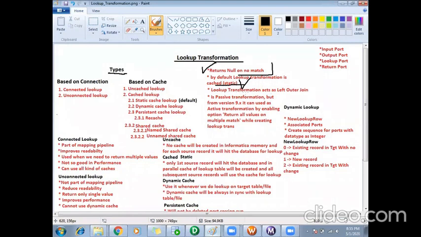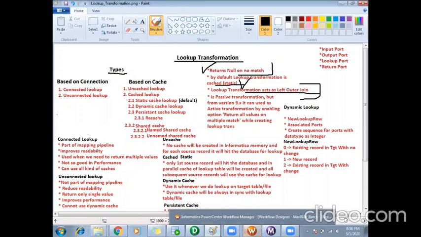Then lookup transformation acts as a left outer join. This is again an interview question. They will ask you what kind of join the lookup transformation acts as. It is a left outer join. Left outer join means select all the records from my left table and matching records from my right table.